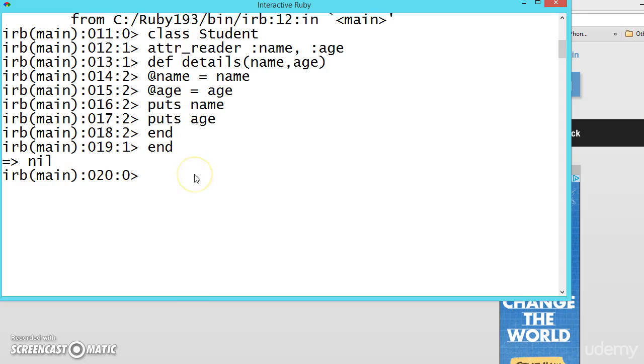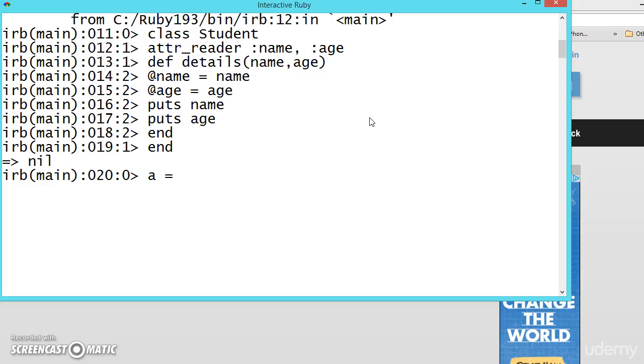So for every object we create, the name of that object should be different. Like we can create A object, B object, C object, like n number of objects. So every object needs an instance. So here we are creating the instance of the name and age attributes, and allowing the user to get the name and age. Now let us see the example.